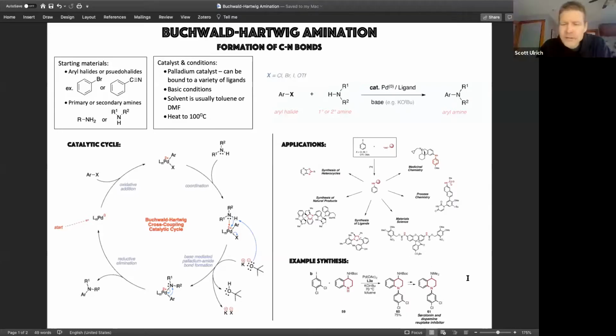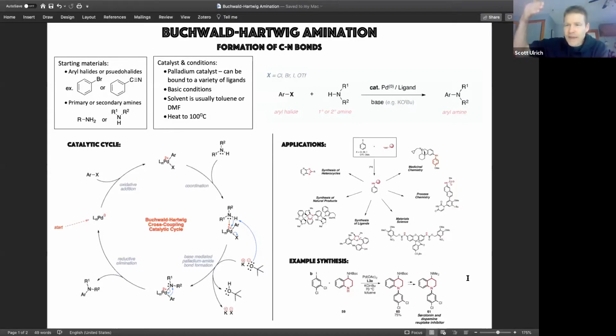Oh, that's an interesting example, because you can see that it preferentially aminated the iodine position in preference to the chlorine position. And actually, at least for one of you, that was true for the epibatidine synthesis, because I think some people had that aromatic ring with an iodine and a chlorine, and it was the iodine position that got added to the larger scaffold, just showing that